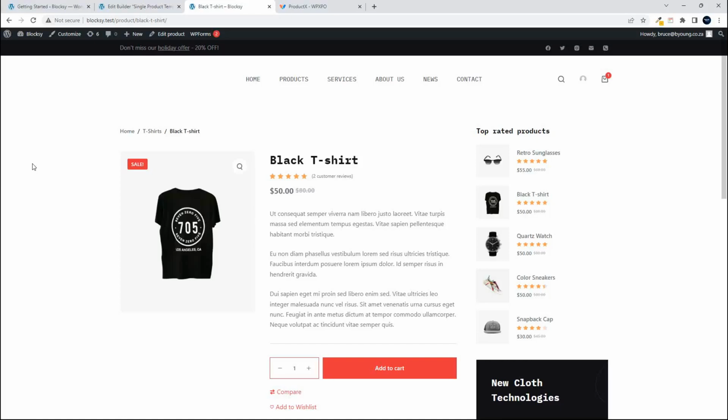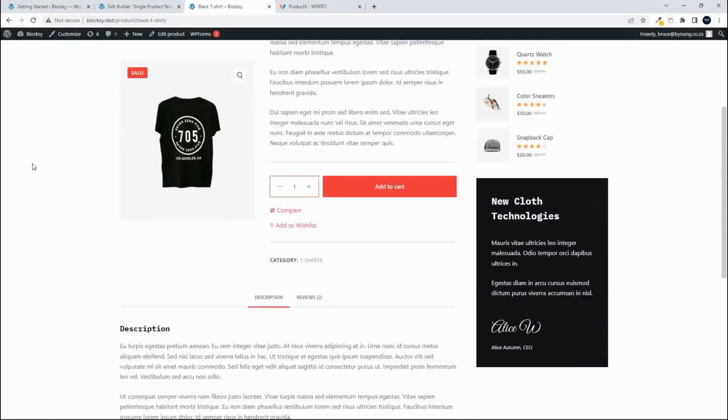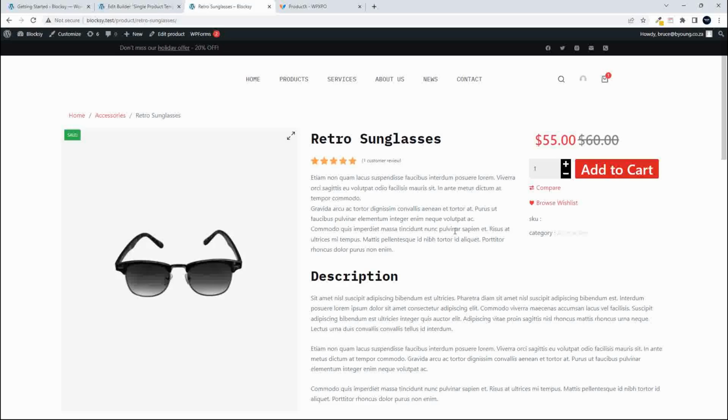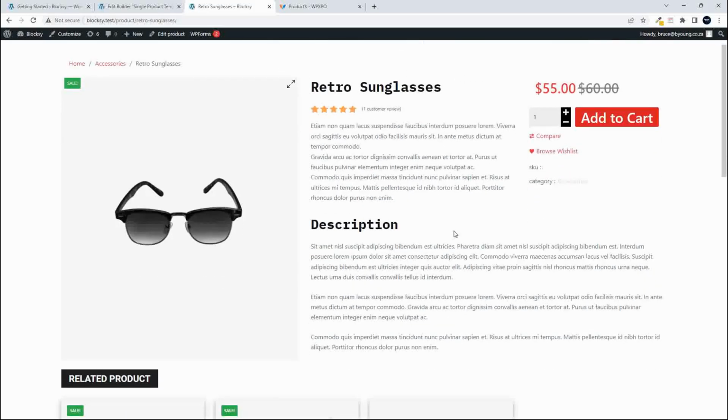In this video, we're going to do an updated layout of the single product page. So what we're going to do is move from this layout view to this layout view. What we've done here now essentially is move all the product information to be available on the screen at the same time. So we have the image, the title, the rating, the short description here, the long description at the